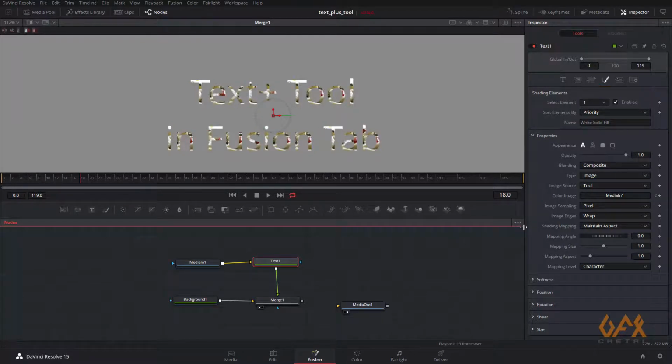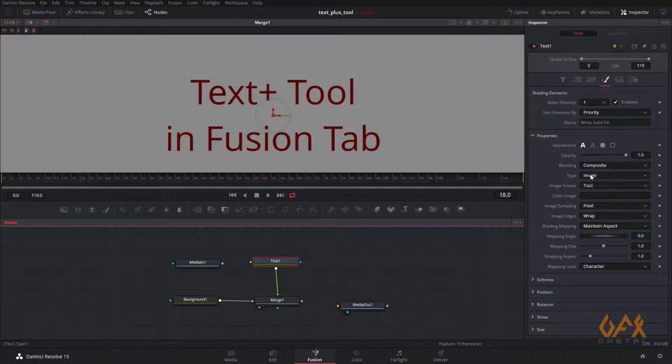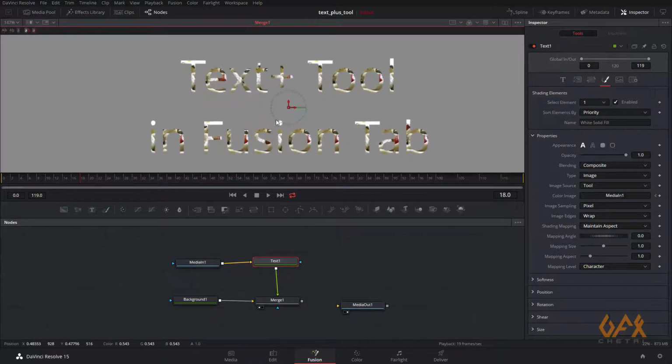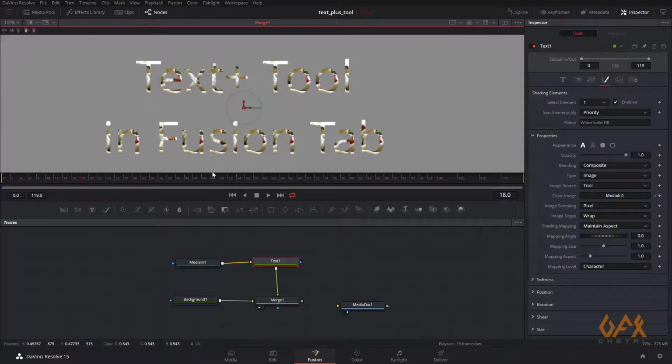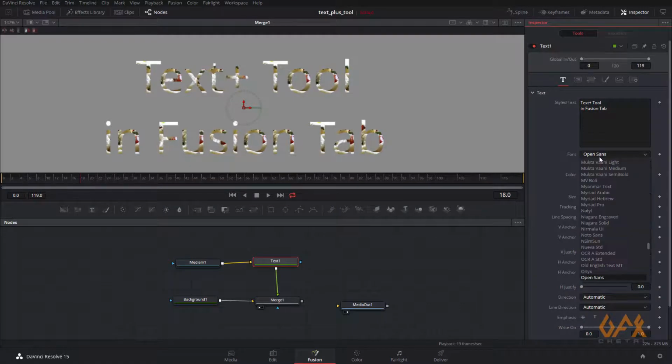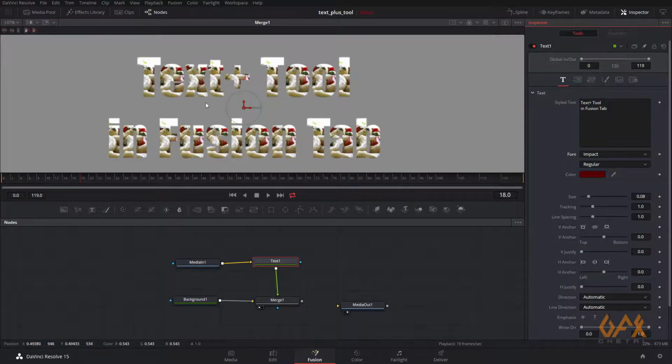Or whenever I set my type to image, one input is activated over here, so you have to just insert that image tool on this input, and now you see it reflects like this. So I just select this and just go to text tool and I set some bold font like impact, so we can see.